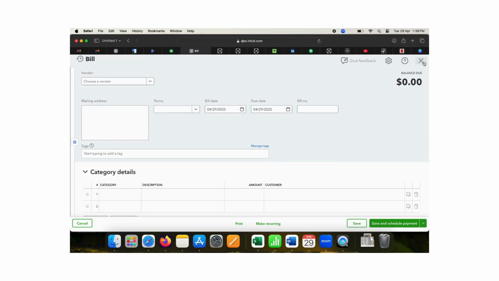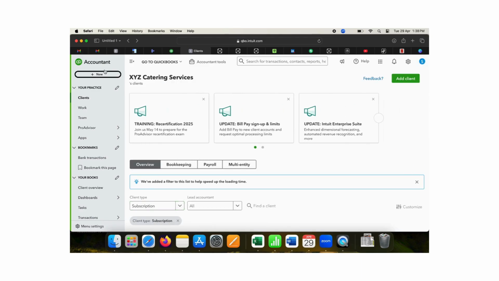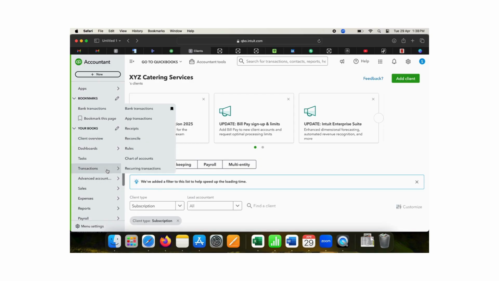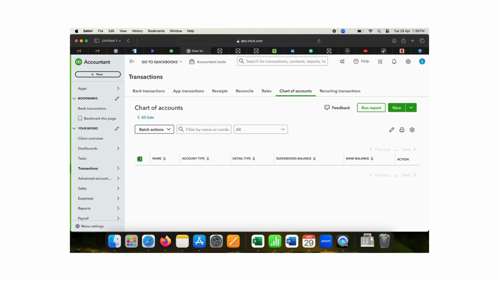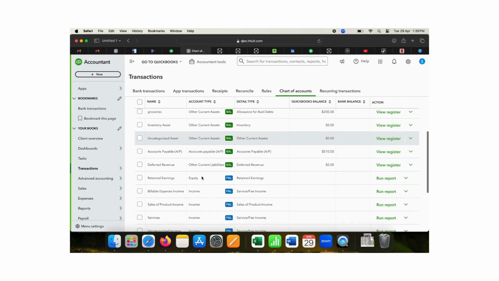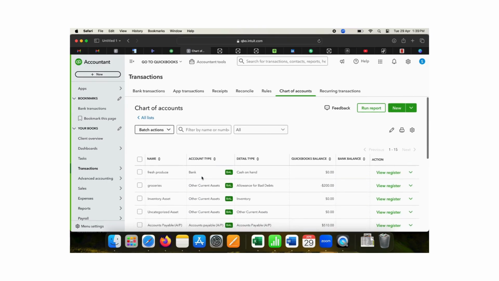Okay, so let's check whether the bill we have created is showing somewhere or not. For that, we can go to the chart of accounts. First we have to go to the chart of accounts, and there are these accounts. Like this groceries being shown, the one we have made, 200 rupees we have paid. So this is minus 200. That means it is correctly showing here. We have paid our vendor 200 rupees